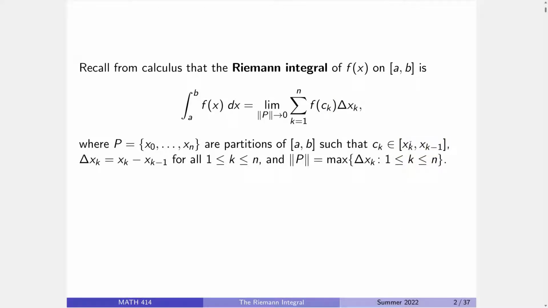Now, of course, the three main choices you probably talked about were the left-hand rule, the right-hand rule, and the midpoint rule. Any one of those three, it doesn't matter, you just pick whatever point. Here, the distance between the points. Usually when you set up a partition, you have it be uniform, and we'll talk about that later. And then this symbol here denotes what was called the mesh of a partition, which is the largest